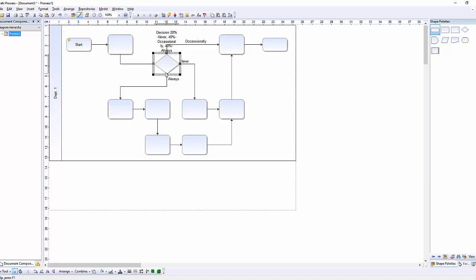and 40% always. So hopefully that's just a quick overview of how to manage the outputs of an activity or decision shape and how you might display the underlying data